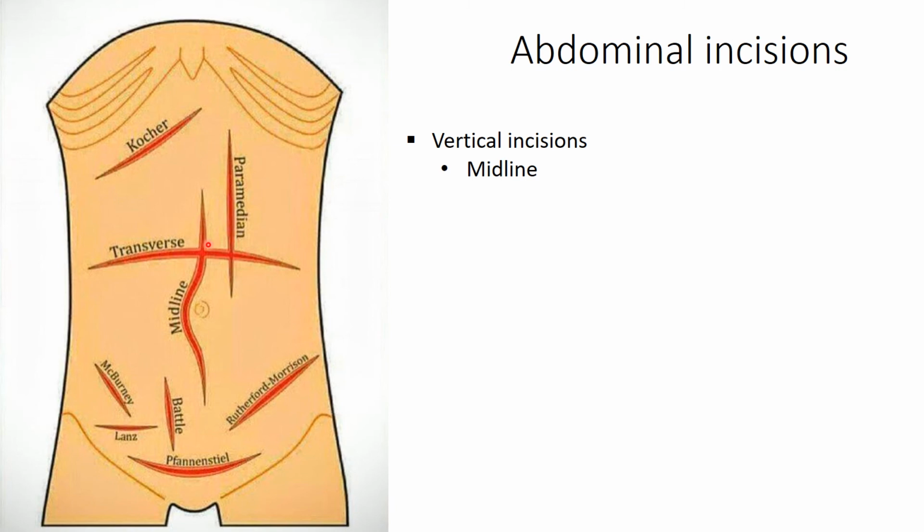It can be limited above or below the umbilicus and can extend around the umbilicus. It cuts through the skin, the subcutaneous connective tissue, linea alba, then fascia transversalis and extraperitoneal fat, and finally